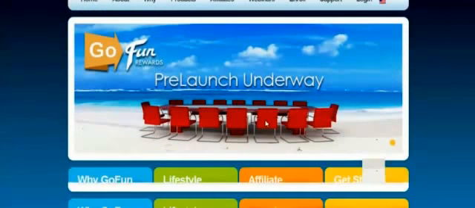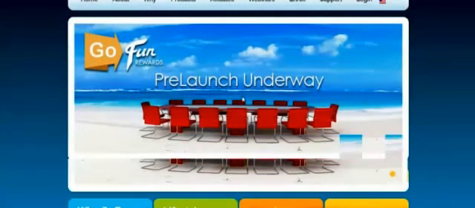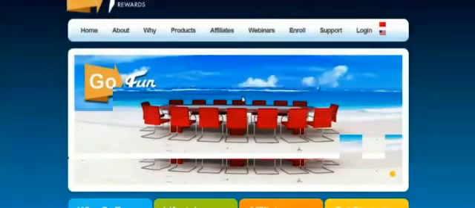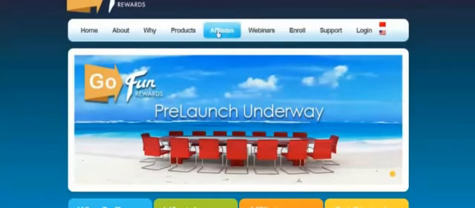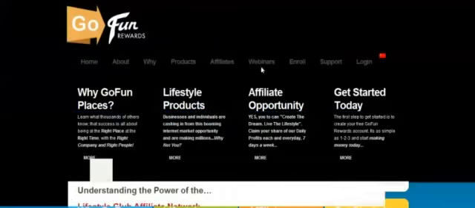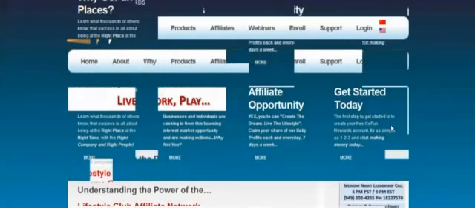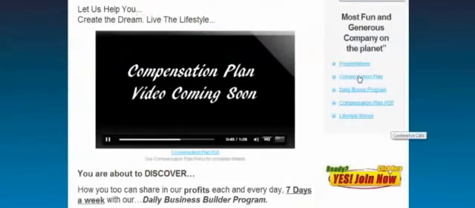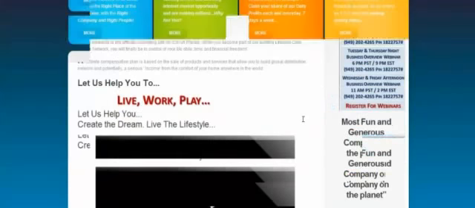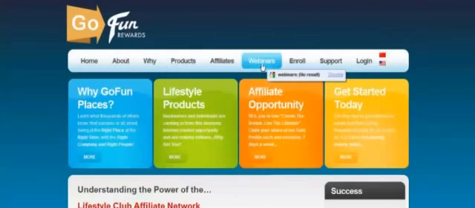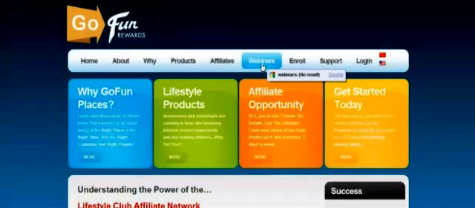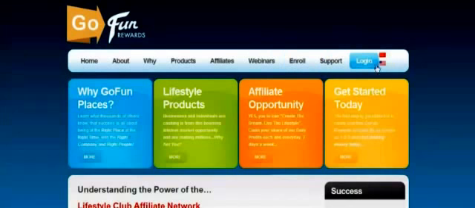GoFundRewards.com will bring up this screen right here. I have people ask me all the time, where do you get the PowerPoint presentation? Can I get a copy of it? Everybody has access to that. It's under the affiliate link. If you click that and scroll down, you'll see it over here on the right-hand side. There are presentations, the comp plan, the PDF, those types of things. All that information is right there on your website. So definitely click on all these tabs and see where they go. You're not going to break this thing, just go in there and learn your site.